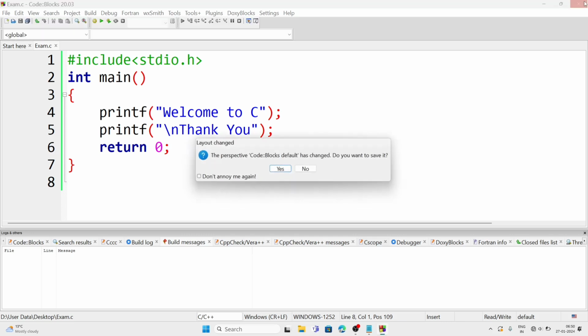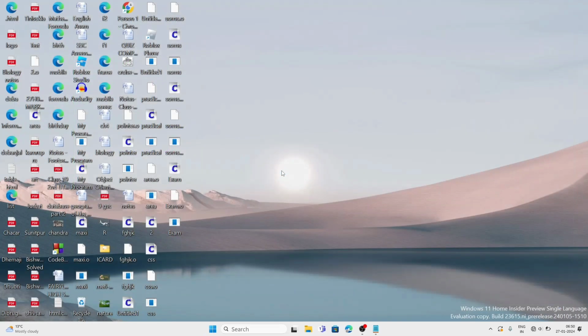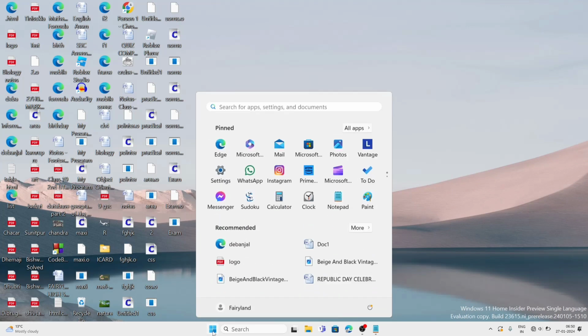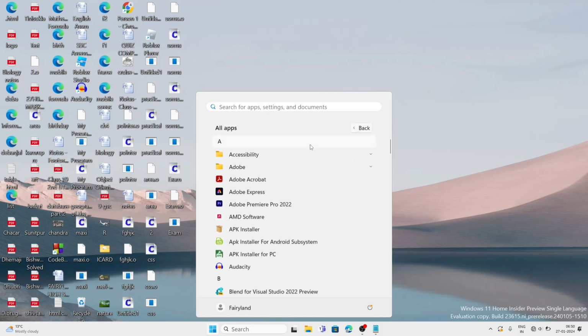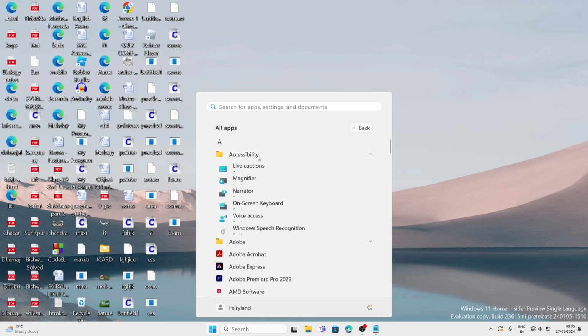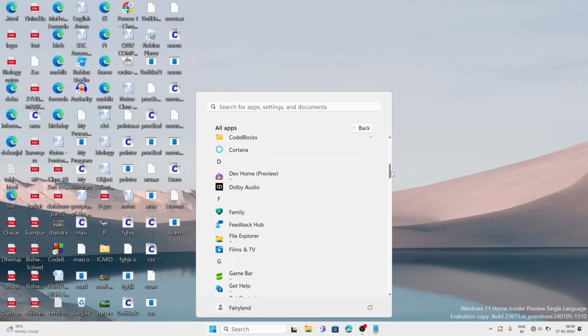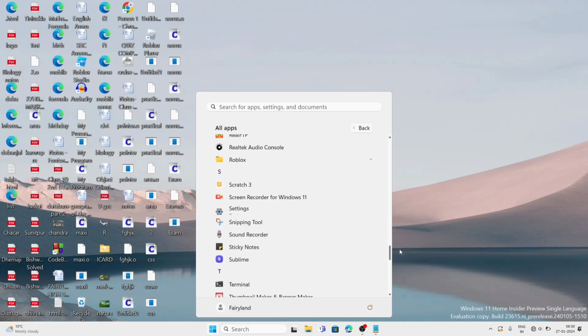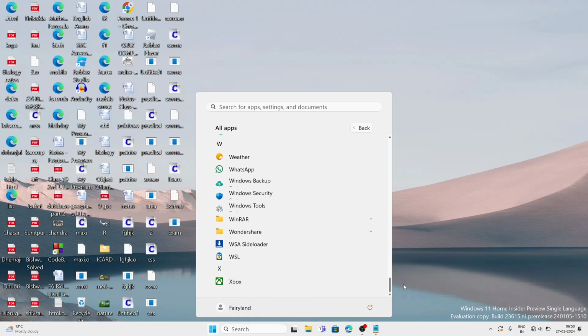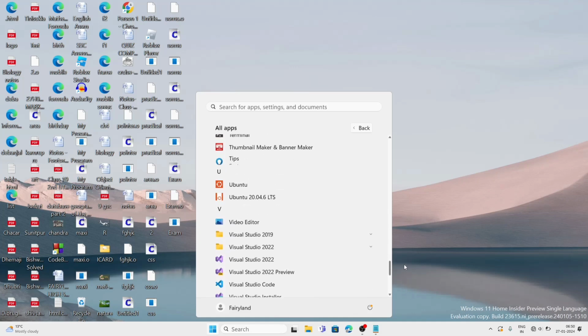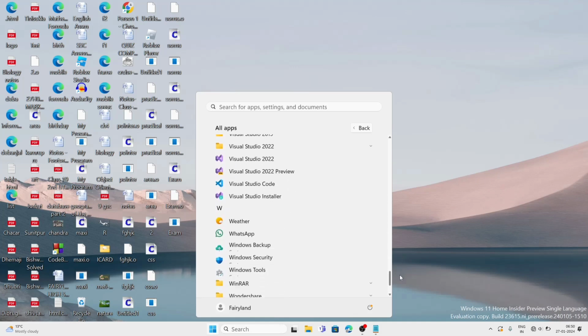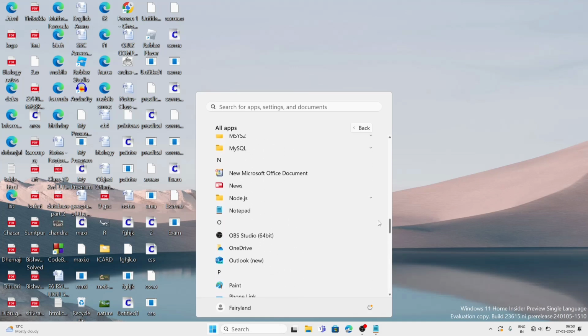Now we will see how we can write HTML codes in our computer. For that we need Notepad. Again the steps are like that: Windows key, after that we'll go to all programs, then we'll go to Windows Accessories. So under W options we will get it, or we may get it under N only. This Notepad we can open it,